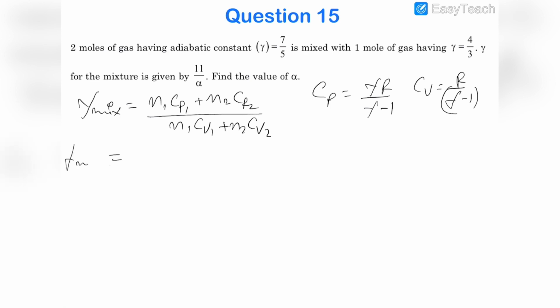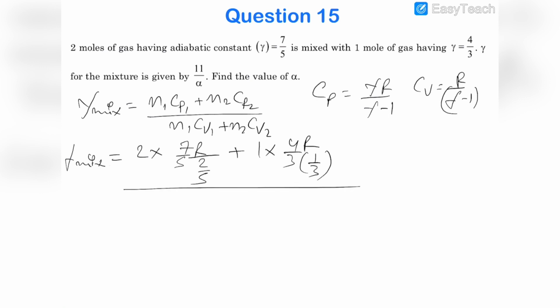So gamma mixture will be equal to N1 is 2, Cp1 is 7 by 5 R upon 7 by 5 minus 1, which is 2 by 5, plus N2 is 1, Cp2 is 4 by 3 R upon 1 by 3, divided by